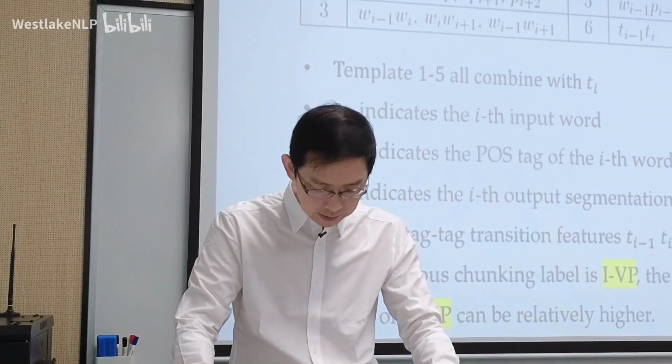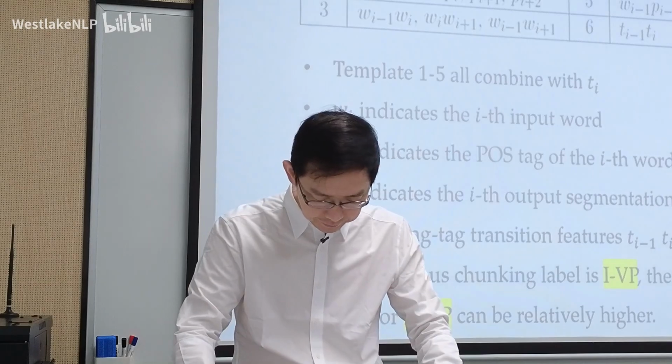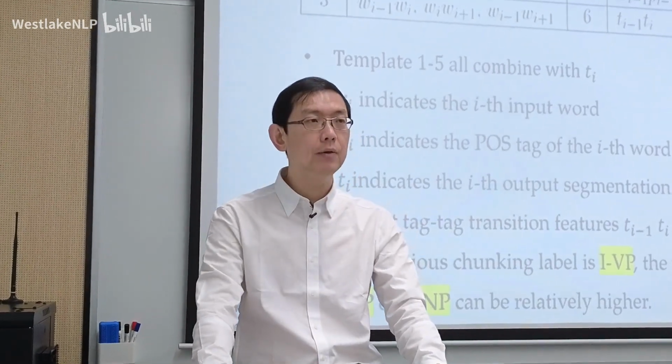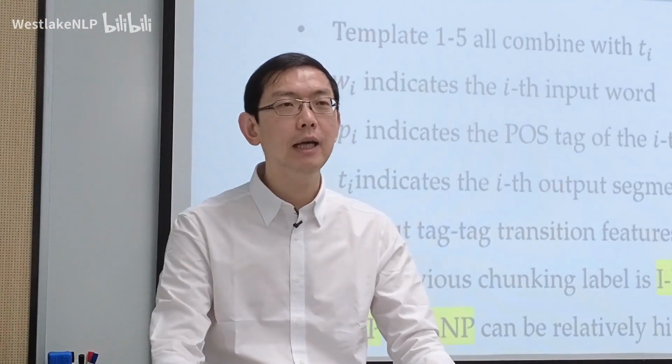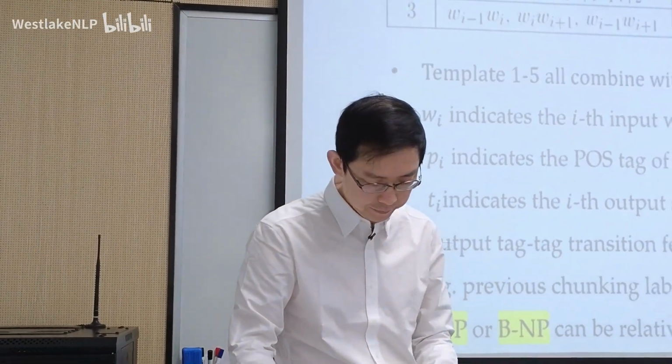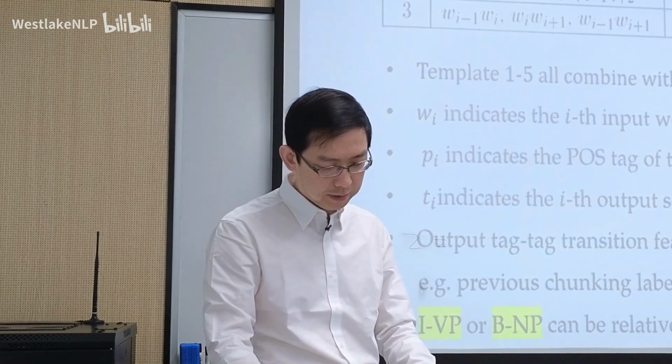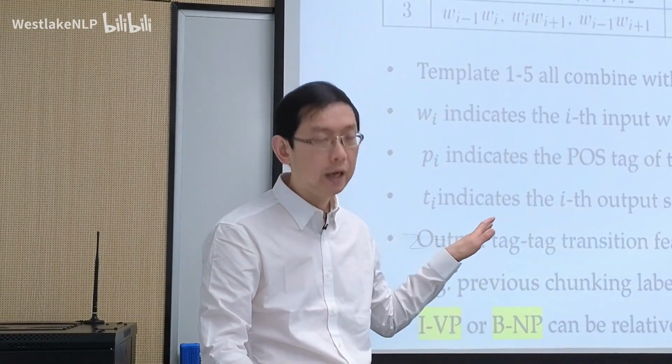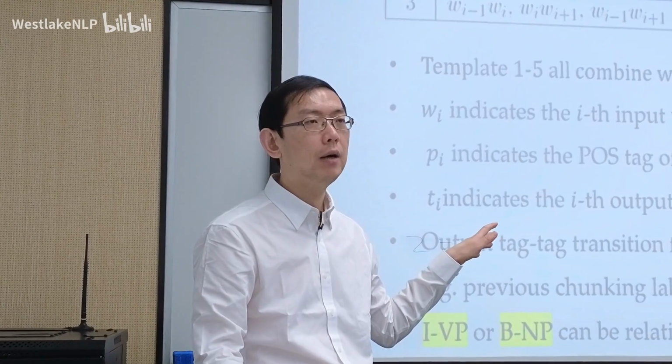The sixth category is chunk label bigrams. So all these feature templates, feature templates 1 to 5, are all combined with the